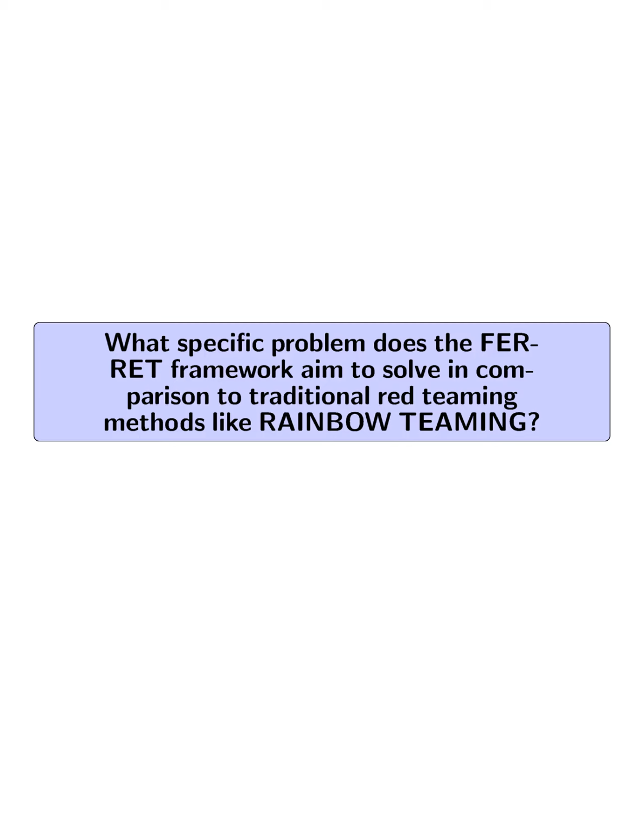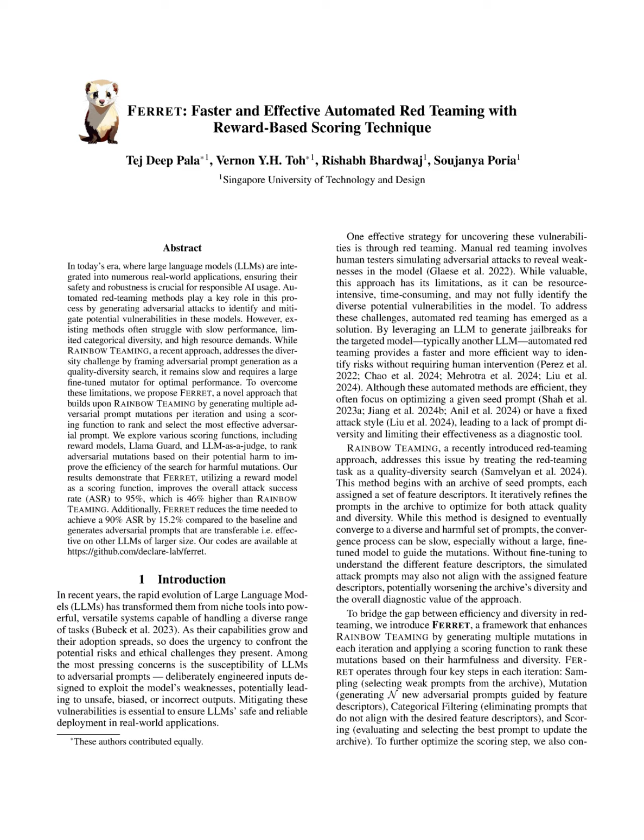What specific problem does the FERRET framework aim to solve in comparison to traditional red teaming methods like rainbow teaming? The FERRET framework aims to solve the problem of inefficiency and lack of diversity in traditional red teaming methods like